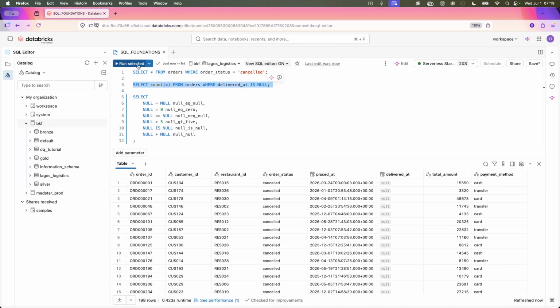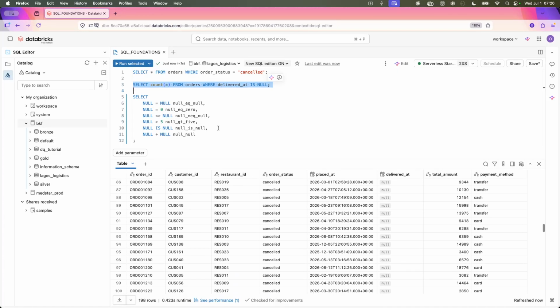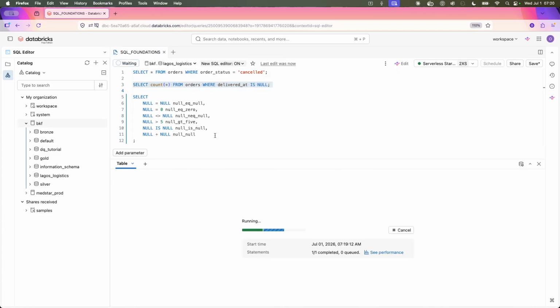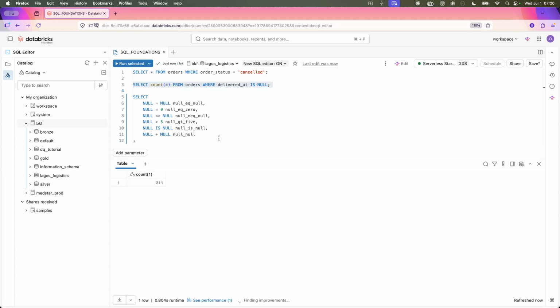So if we run this now, we should get about 198, 211. That is because placed and maybe not just cancelled makes up that. They say there are other statuses that may not. But you got